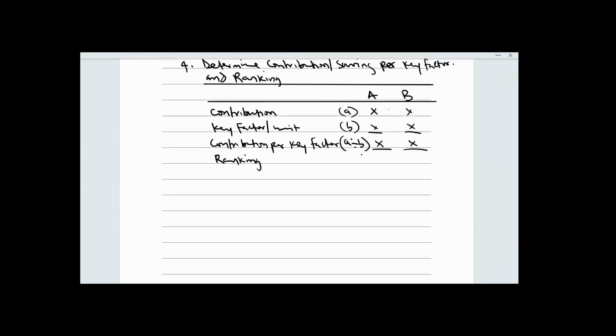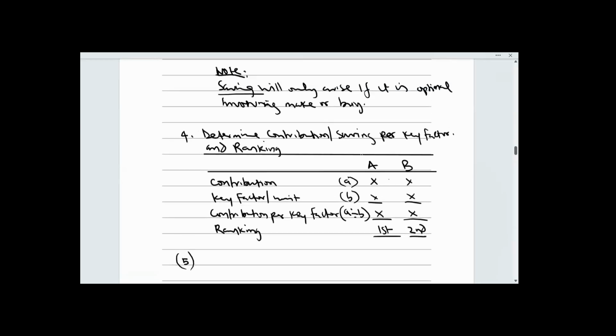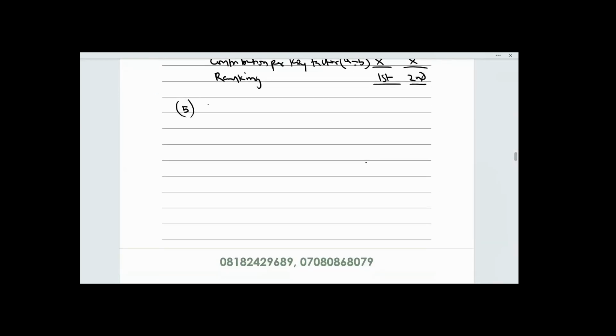You are supposed to rank the contribution or savings per key factor in descending order, that is, according to the highest contribution per key factor. So you rank it. Even though ranking is supposed to be step 5, I've already matched it with step 4. So step 5, you prepare allocation